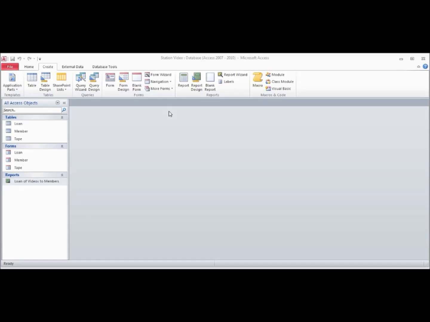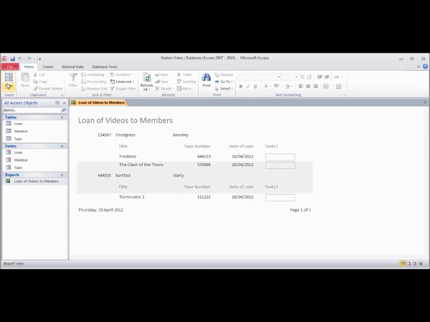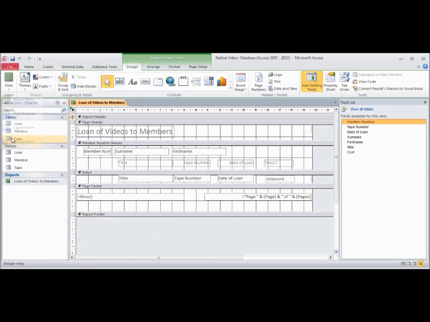Last tutorial, in part 1, we began by starting to add another field to the report and just changing the format of the report a bit. We're going to do a bit more in part 2. So the first thing we do is open the report by double clicking it. We go to Home, we go to View, and we go to the Design view, so we can change the